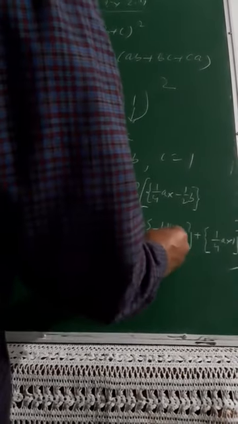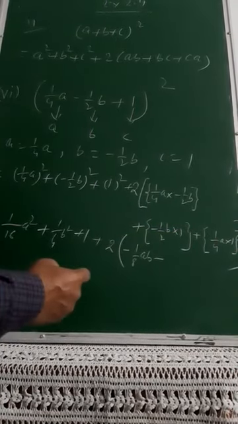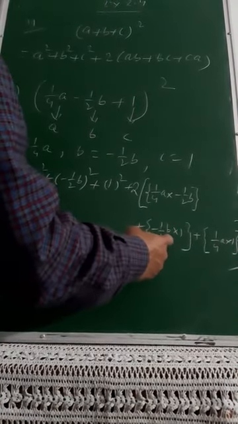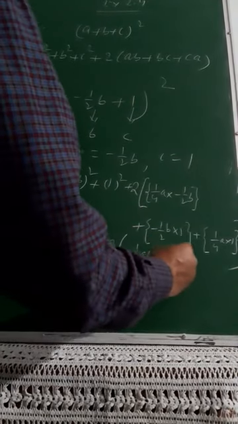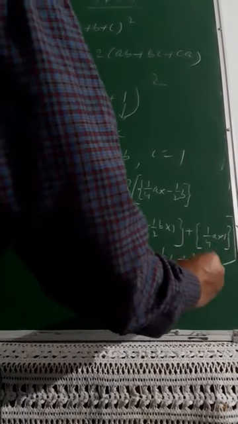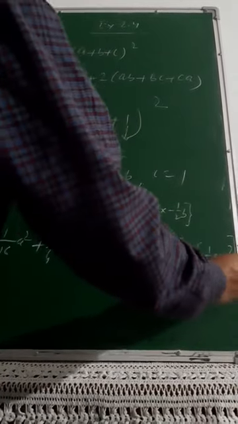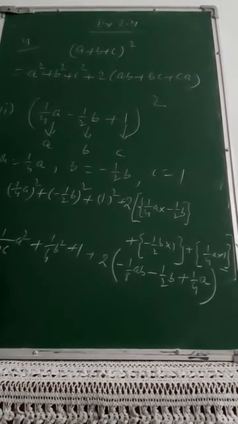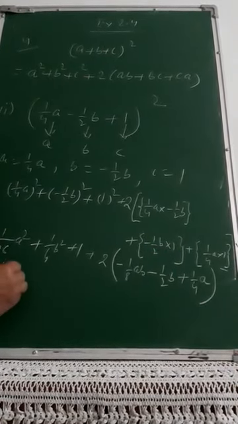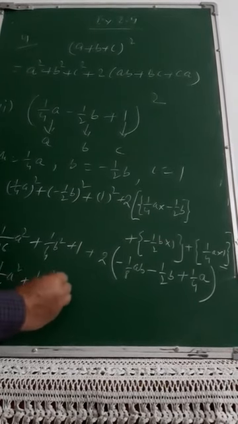Again solve this bracket, plus into minus is minus, so this will remain minus, and here it is 1 by 2B into 1, so that will remain 1 by 2B. And then 1 by 4A into 1, so this will be plus into plus, so only 1 by 4A. So that will be there. Now you can multiply all these by 2. So 1 by 16 A square plus 1 by 4 B square plus 1.